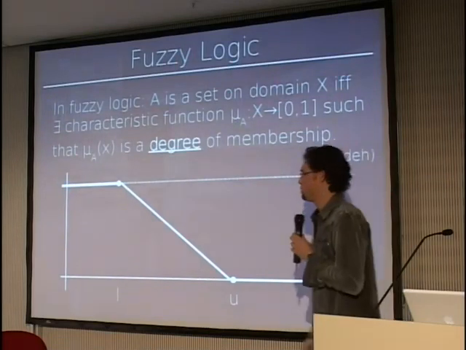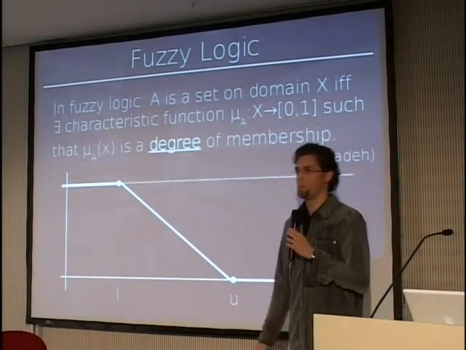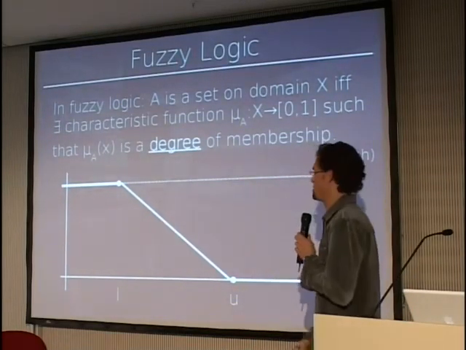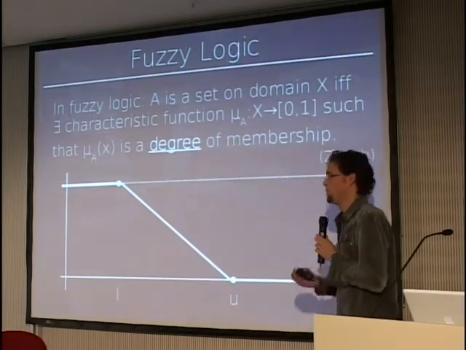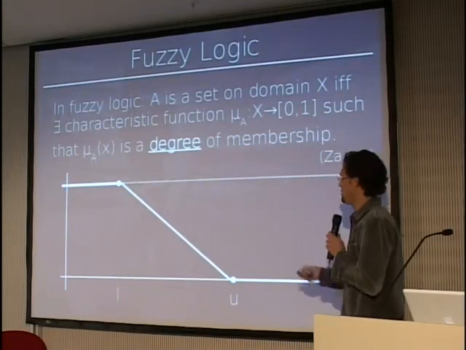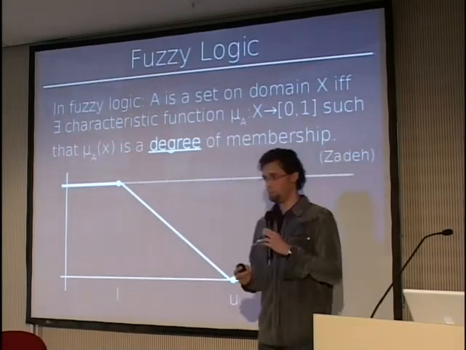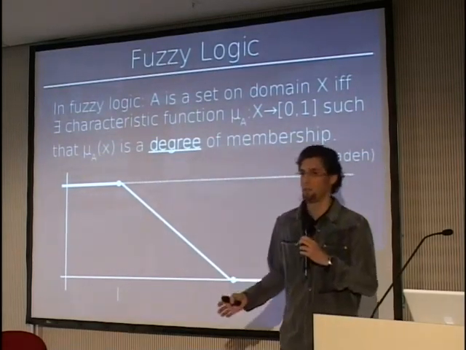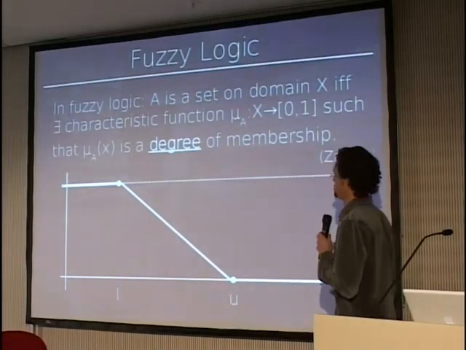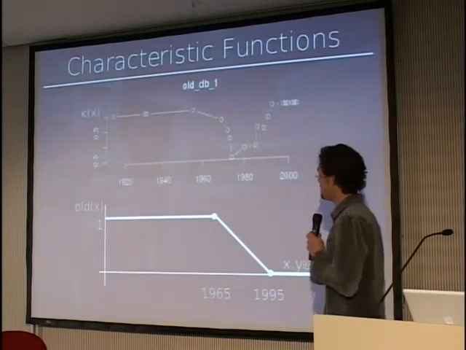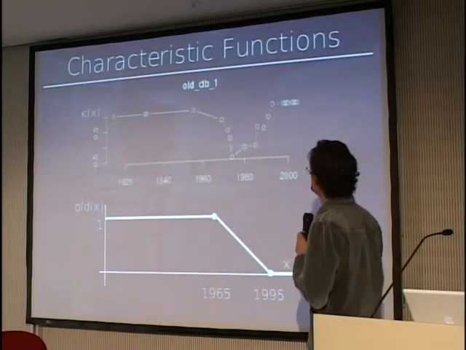So if we have a city with population 70,000, then maybe that's a small city to a degree 0.7 or something like that, where that degree doesn't really matter all that much in itself. But the point is that we can use those degrees to actually rank those records. So we can come up with a ranking of cities ranked according to the degree to which they are small cities. And this actually naturally maps into